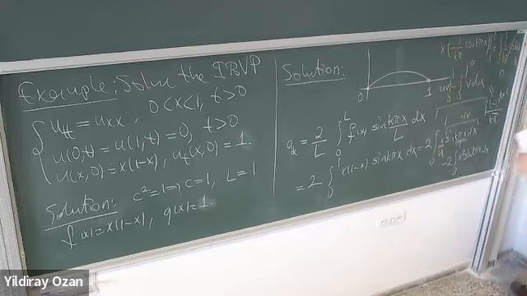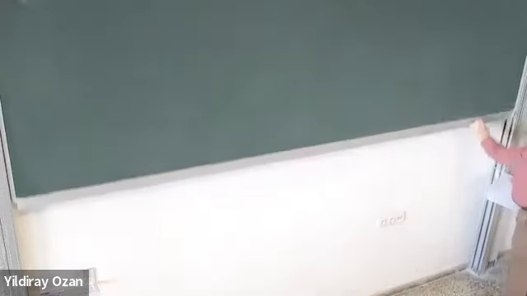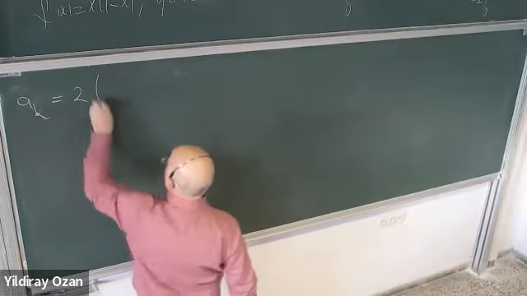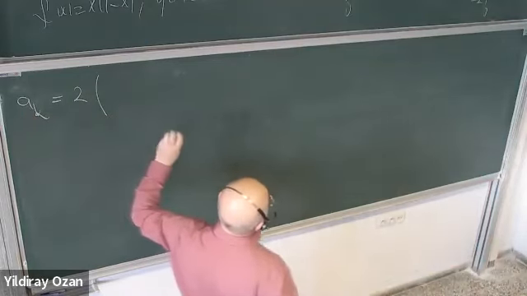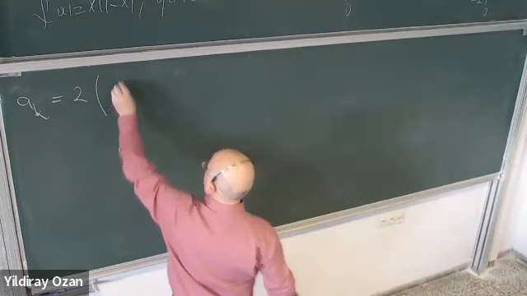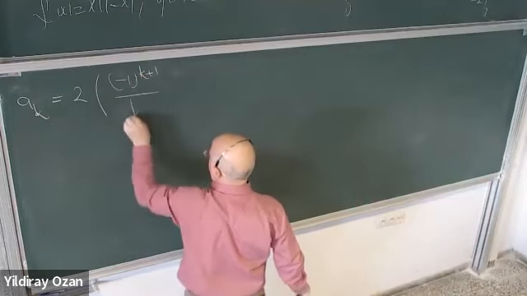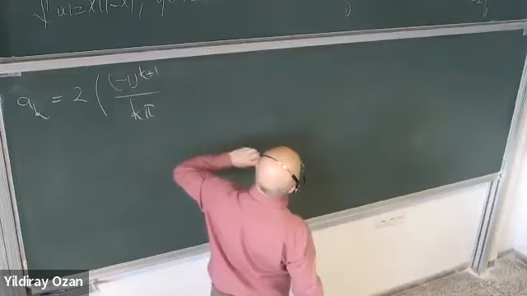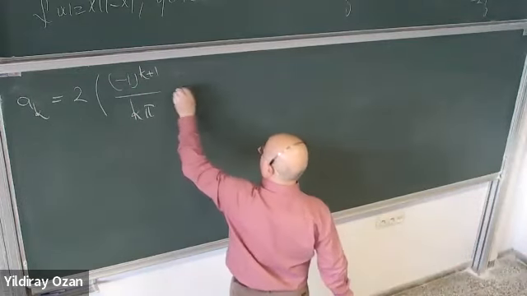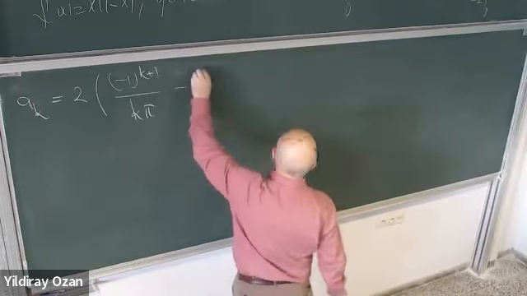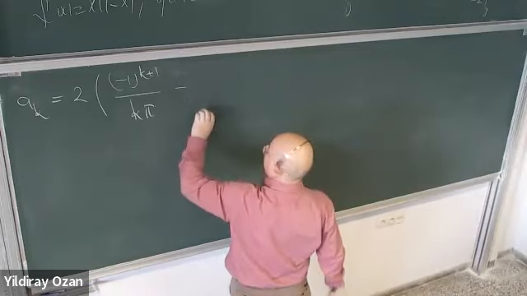So the first term of a_k, sorry, the first integral is just minus 1 to the power k plus 1 divided by k times pi, minus this integral. Okay, minus